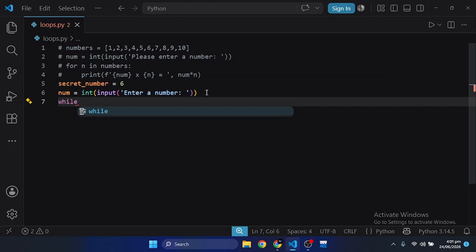and let's make a while loop. So we write the keyword while, and then the condition which we want, at which we want to terminate our loop when it becomes false. So I want to terminate my loop when the user has successfully guessed the secret number,